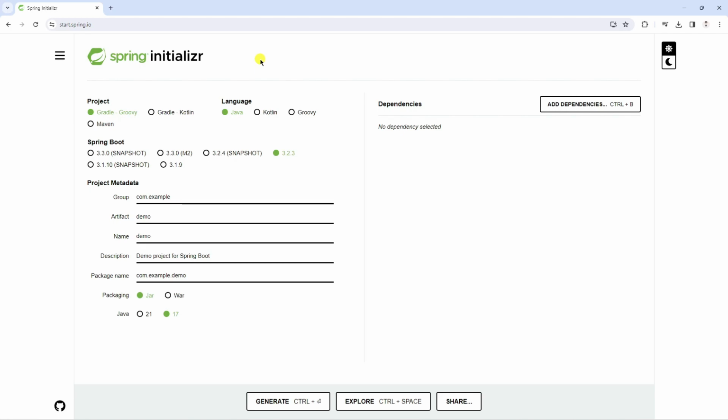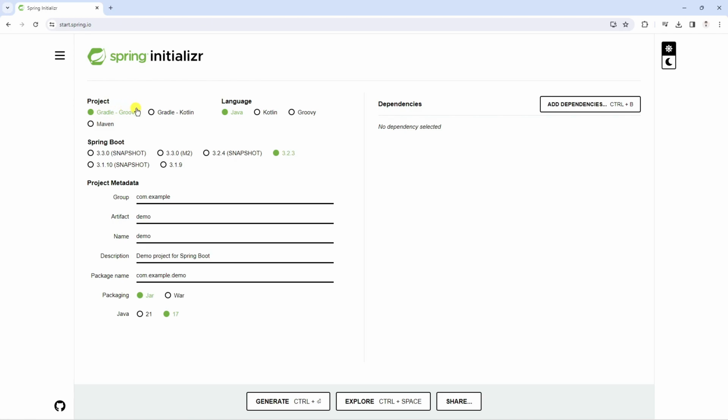So in here, to create a Spring Boot application, there are a couple of ways to do it, such as from Spring Initializr, here I am, or you can use the Spring CLI or Maven command. For me, I choose Initializr because it's very easy to set up. Let's go to the project type.